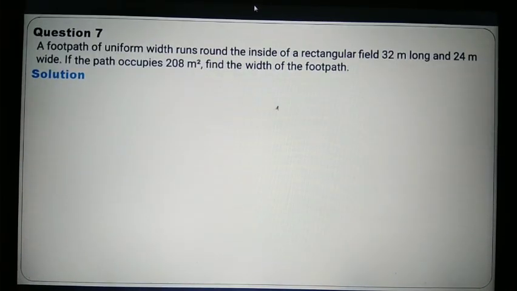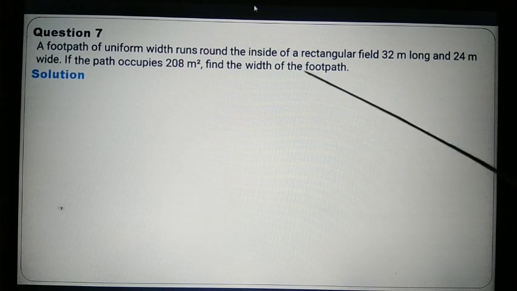Let's have a look at this question. A footpath of uniform width runs round the inside of a rectangular field, 32 meters long and 24 meters wide. So there's a rectangular field whose length is 32 meters and whose breadth is 24 meters. And within that rectangular field there's a path, a path whose width is